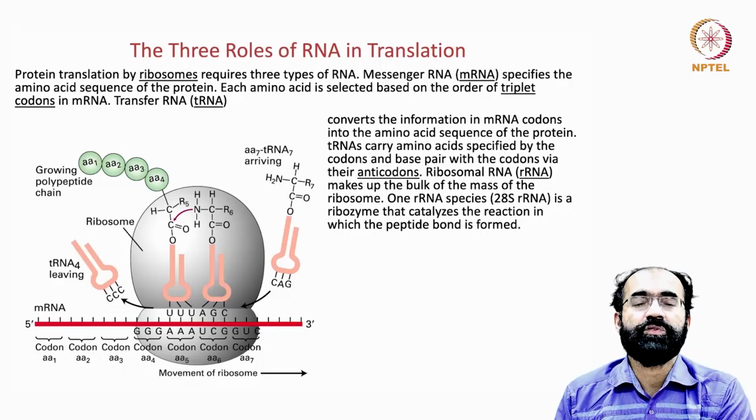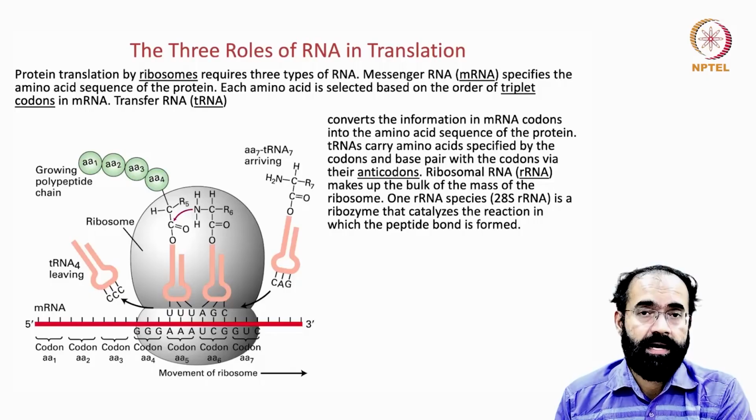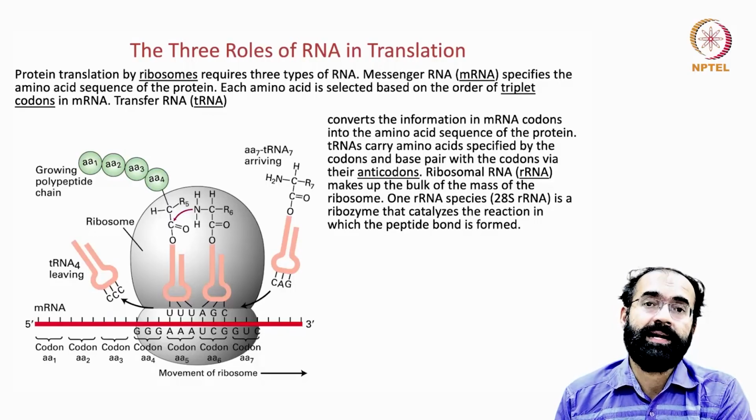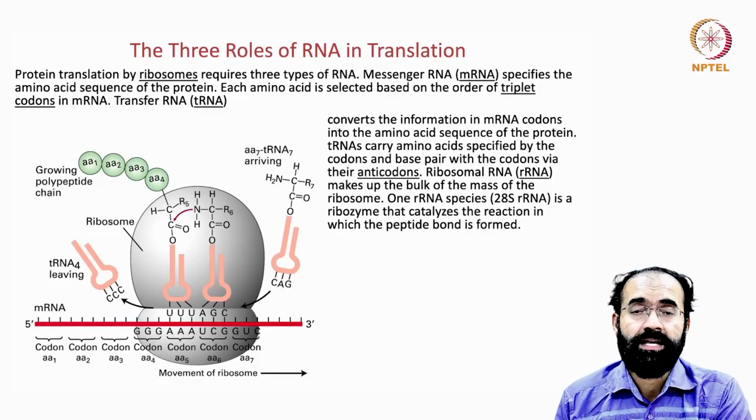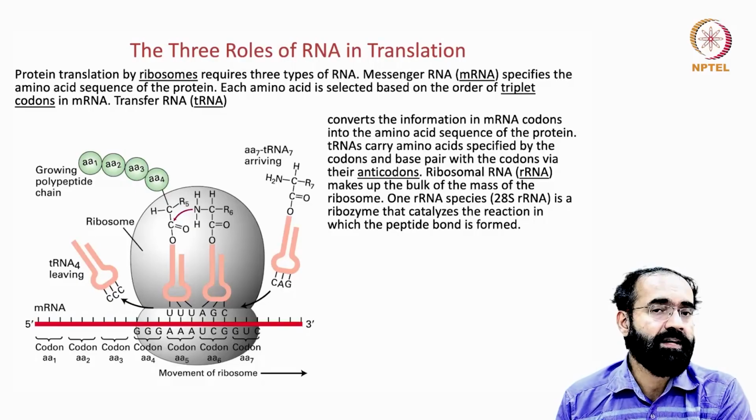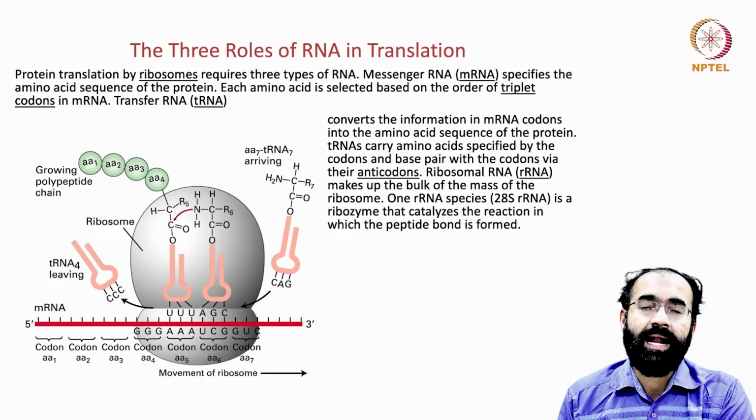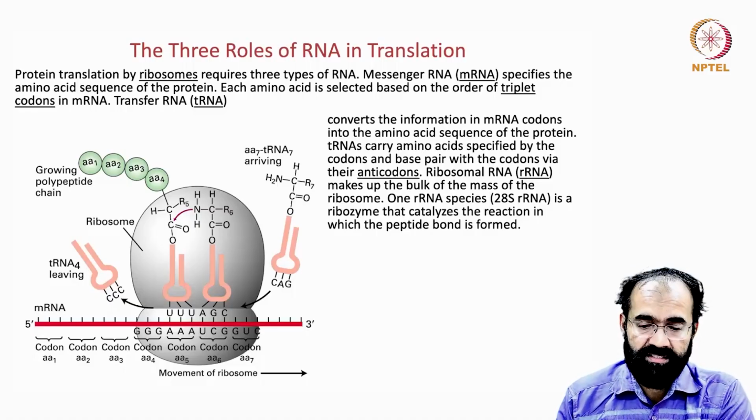Just like if you send a letter with an address, the postman will do the matching. He will read the address on the letter, and he also reads the address of your house, and then delivers the letter. This is somewhat similar to how an anticodon and codon pair and the amino acid is delivered at the site of protein synthesis.